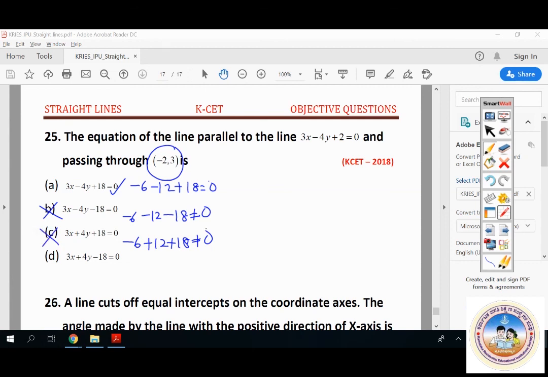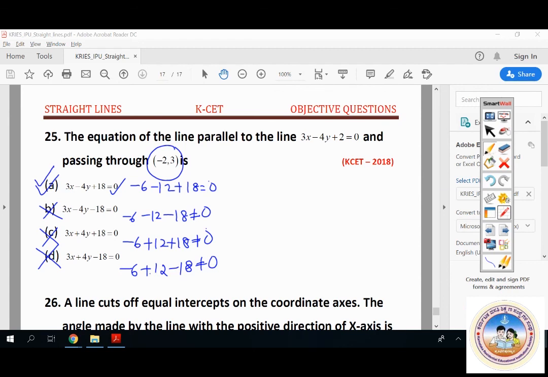ನೆಕ್ಸ್ಟ್ ನೋಡಿ, 3x + 4y - 18. 3 into -2 it is -6. 4 into 3 it is going to be +12 -18 ಆಯ್ತು. So this is also not equal to 0. ಎಷ್ಟು ಡೈರೆಕ್ಟ್ ಕ್ವೆಶ್ಚನ್ ಇದೆ ನೋಡಿ ಈಗ. So D is also not a choice. ನಿಮಗೆ ಉಳಿದಿರೋದು ಉತ್ತರ ಏನಿದೆ, ಆಪ್ಷನ್ ಎ ಮಾತ್ರ ಸರಿ ಉತ್ತರ ಬರ್ತಾ ಇದೆ. ಯು ಕ್ಯಾನ್ ವಿತೌಟ್ ಎನಿ, ಸೊ ಸೆಕೆಂಡ್ ಥಾಟ್ ಆಪ್ಷನ್ ಎ ನ ಸರಿ ಉತ್ತರ ಬರೀಬಹುದು ನೀವು.